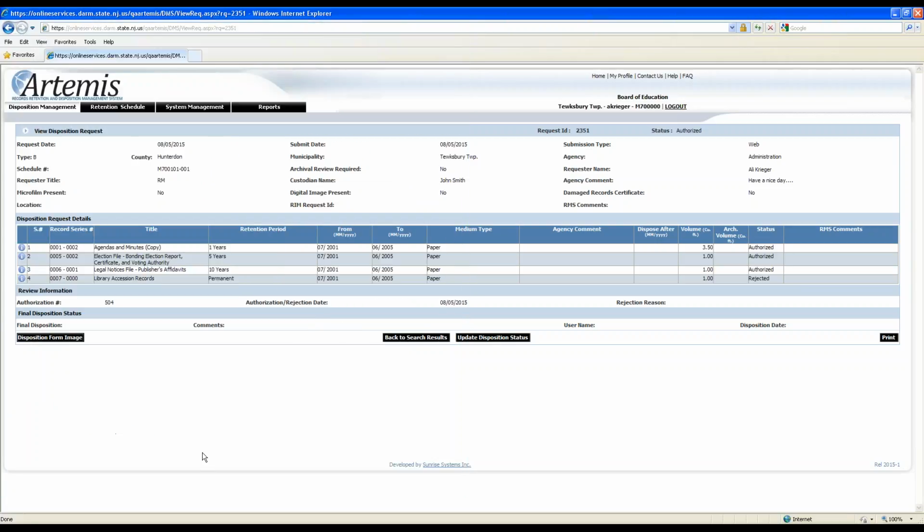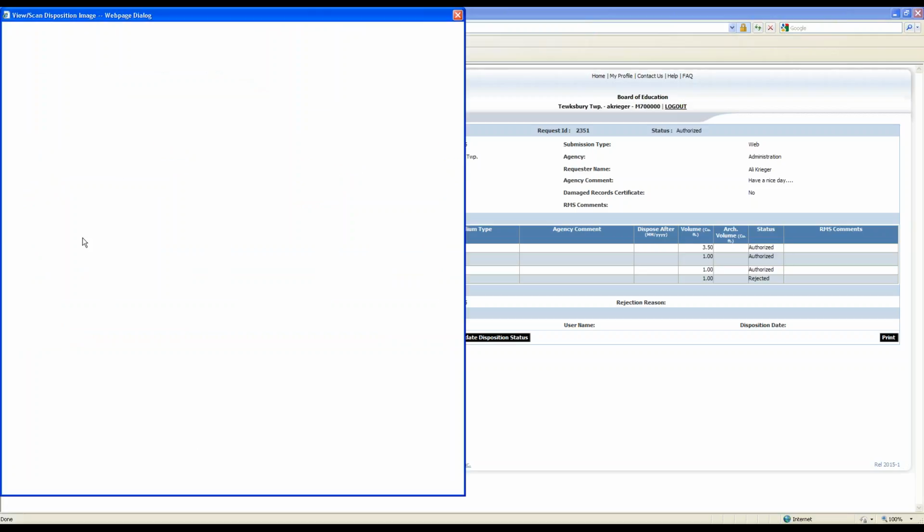Once you have your records authorized, let's say I've gone ahead and disposed of the first 3 line items: the agendas and minute copy, the election file, and the legal notices. I've hired a shredding company, they've come in, and they shredded my documents. There's one last step you need to do to finalize this request. If people are familiar with the 4-part form, let me pull that up here real quick.